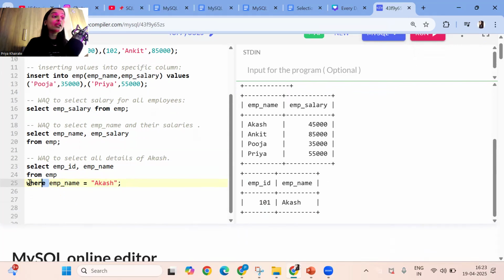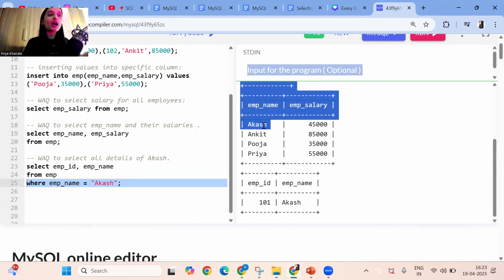So your where clause filters the rows. Let's say you have 10 lakh records. Based on the condition, your where clause will eliminate some records and return some specific records to you. What is the condition? Wherever employee name is Akash. It will check row by row.